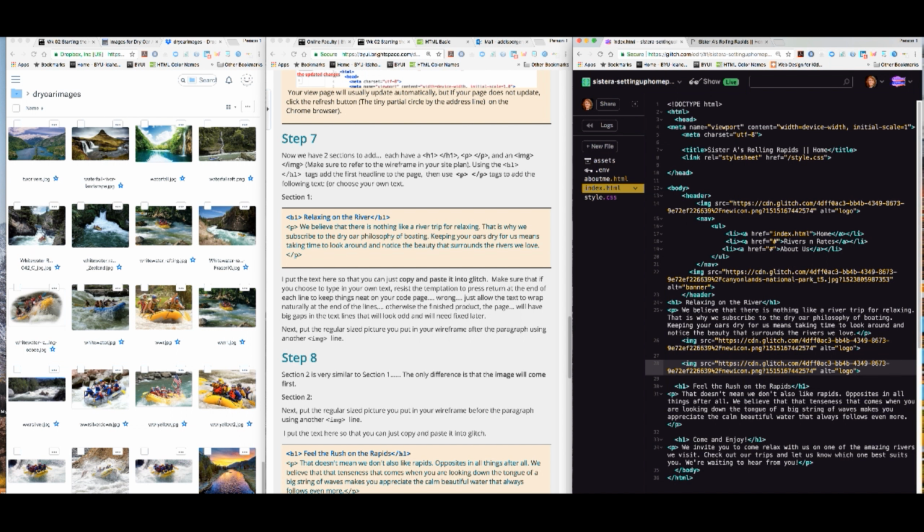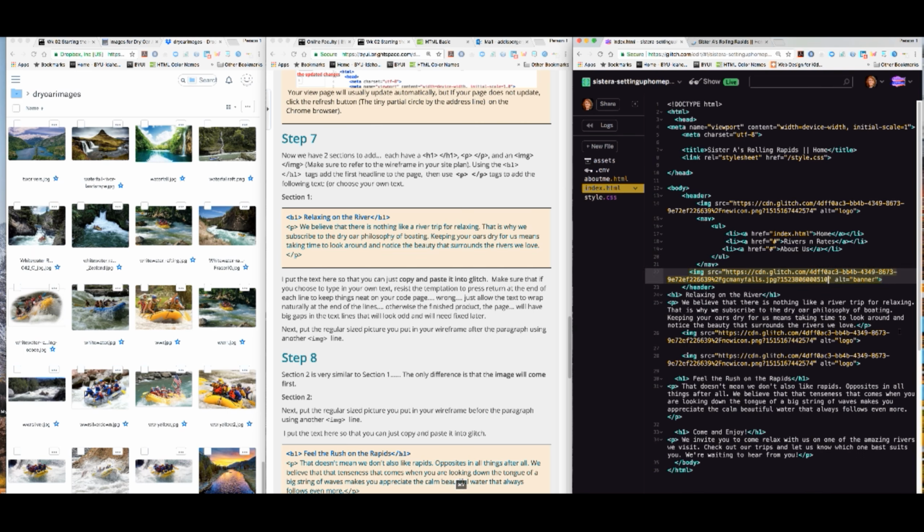Go back to the index page, replace in between the quotes, and change the wording of the alt to say image 1. Easy. Or I could say that it's calm, because one's going to be, if you read the text, it needs to go along with